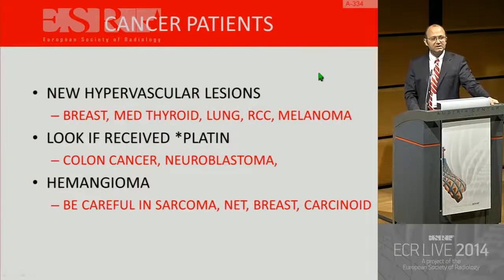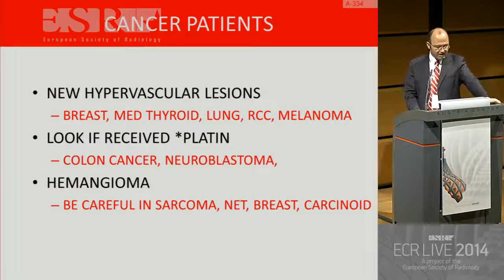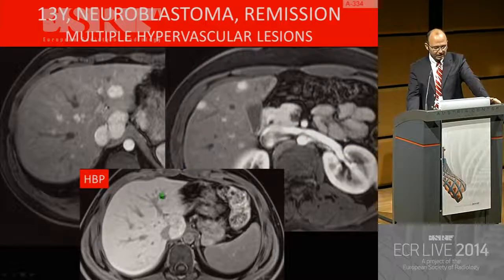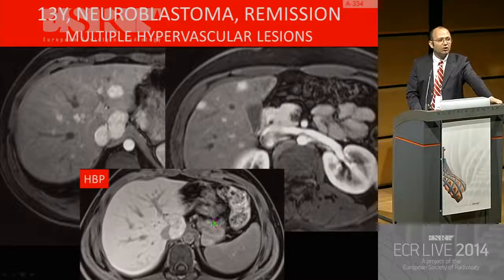In cancer patients, it is extremely important. Breast cancers, I don't like those patients because they can have many hemangioma-like lesions which are metastatic. But look at this lesion, fairly typical. If you have hypervascular lesions in a neuroblastoma patient, if you do hepatobiliary phase imaging, you can see uptake of the contrast or isointensity to the liver. These are called benign FNH-like lesions or nodular regenerative hyperplasia due to platinum